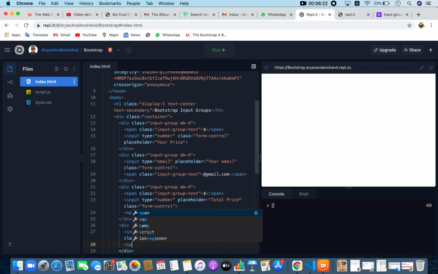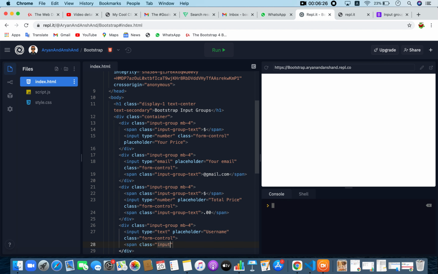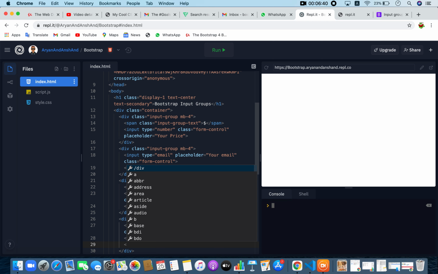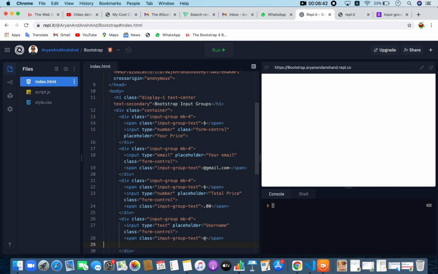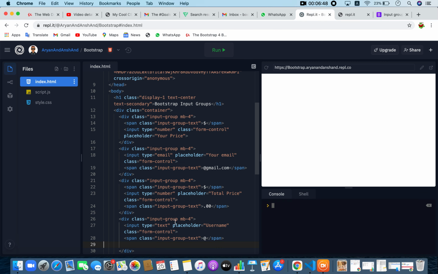Now I'll create my input group. So span class of input group text, and we'll just make it @. Then if I just see this once, we have an input group at the end.